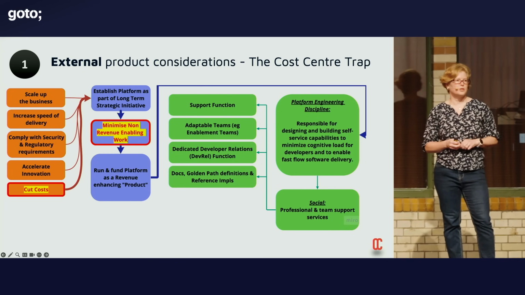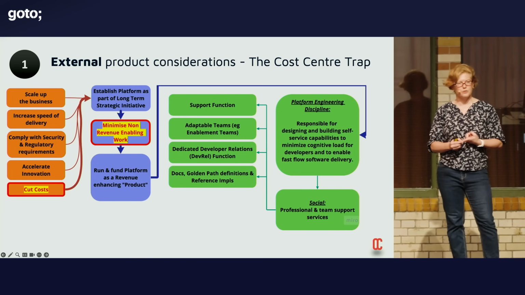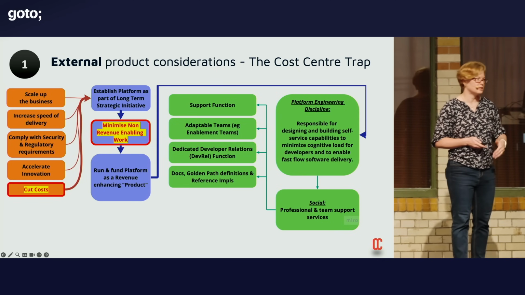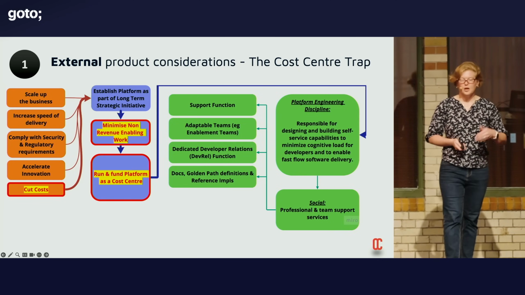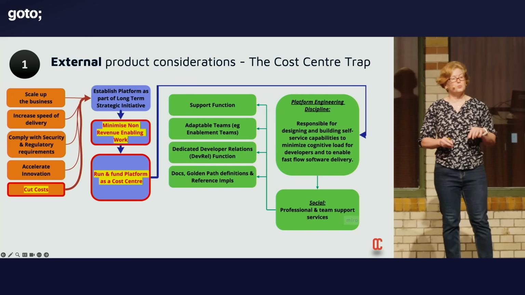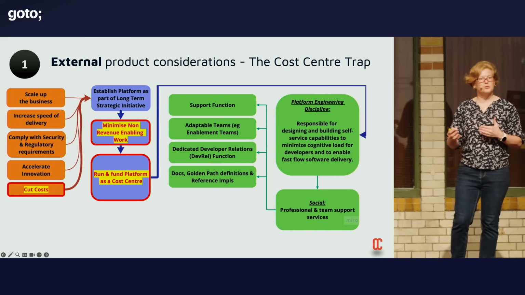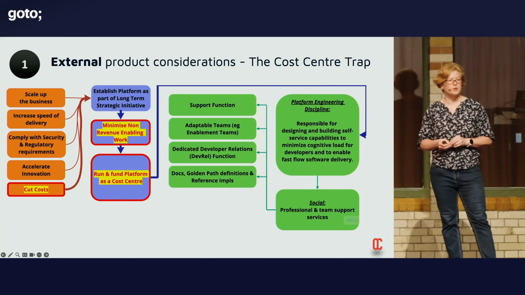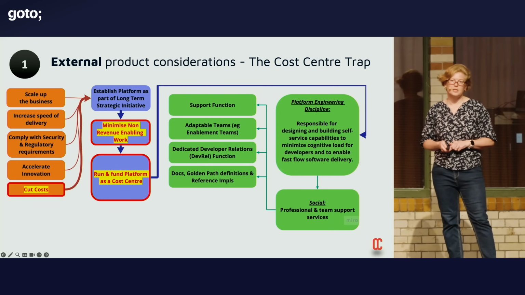Now, when cost-cutting becomes the primary driver, what will typically happen in most organizations is that people will have a look at what's going on and they'll say, right, what is revenue generating and what is not? And when they identify something that is not revenue generating, they'll say, this is probably where we can cut costs. This is where we can minimize the work. And the problem is that your platform, if it's not seen as a revenue generating product, runs a risk of being classified as a cost center, and then you'll end up having these cuts applied to you.